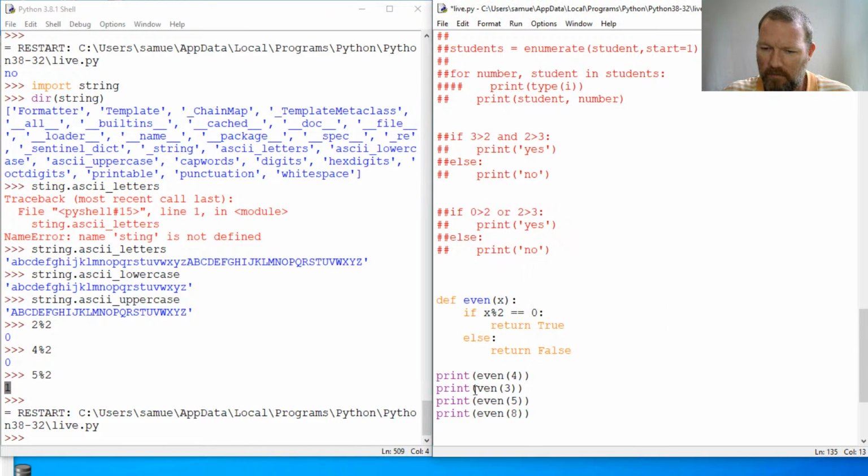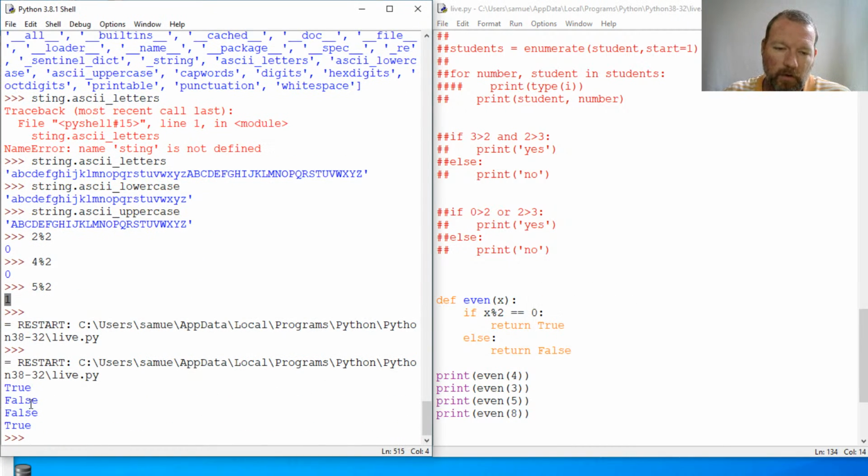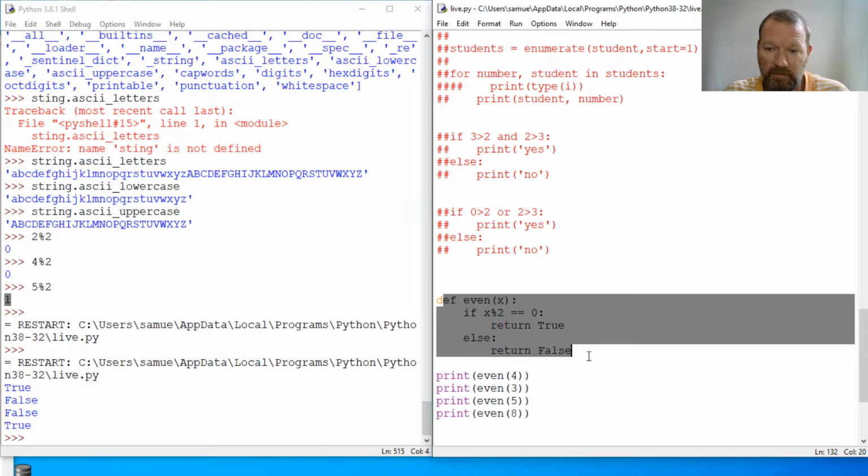And I just pasted over my even. So let's go. I got true, false, false, true. So true, false, false, true. So that is correct. But let me just show you that this can be cleaned up just a little bit more. I know that this is going to be a test, right? So this is returning. I'm getting information back about the Boolean, correct? So let me show you that you can shorten this down to